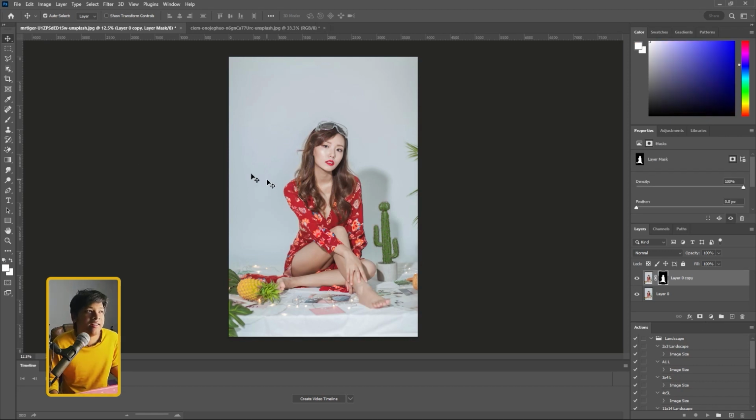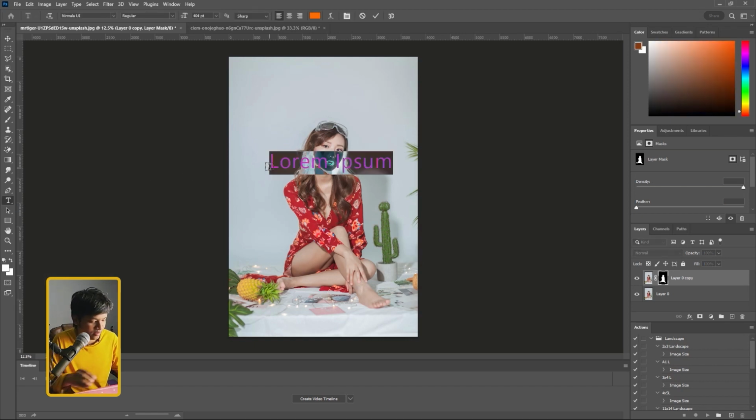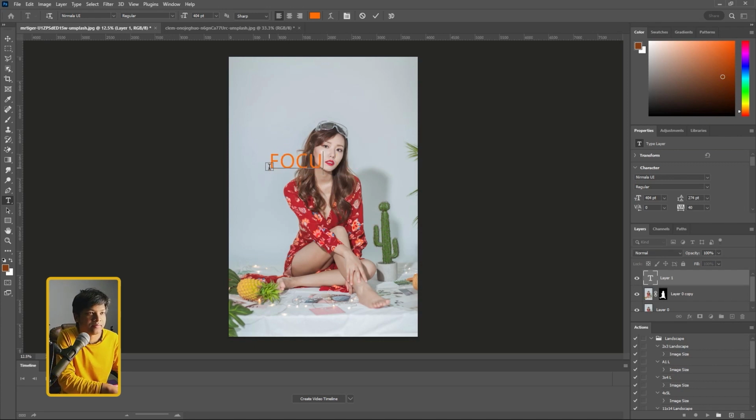Very easy. And now we will add our text. So here select this type tool and then write something, focus. Now it's on the top of the layer. We can just increase the size of this font,